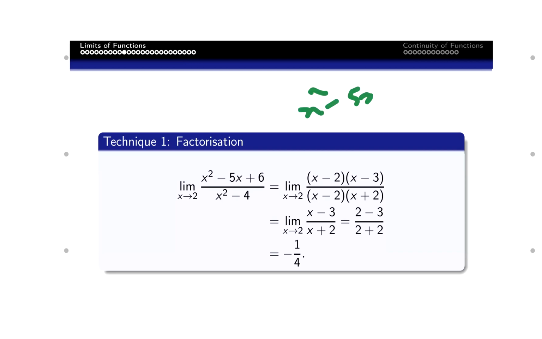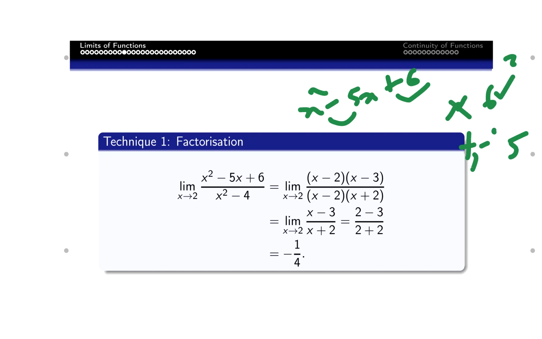How do you factorize this? This is what basically you do. You have minus 5 and 6, right? So you look for two numbers that when you multiply, you get positive 6, but when you add, you get 5. They are usually factors of 6. So the two factors of 6 that can give you anything close to 5 are 2 and 3. And since this is minus 5, and this is plus 6,